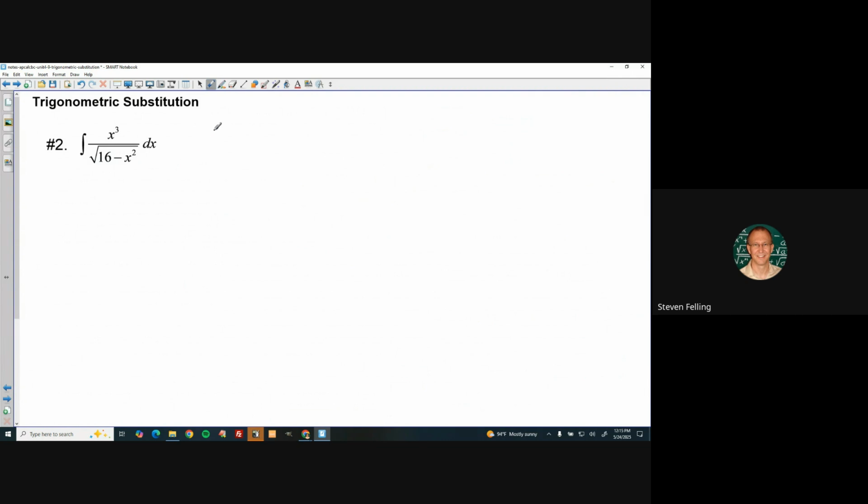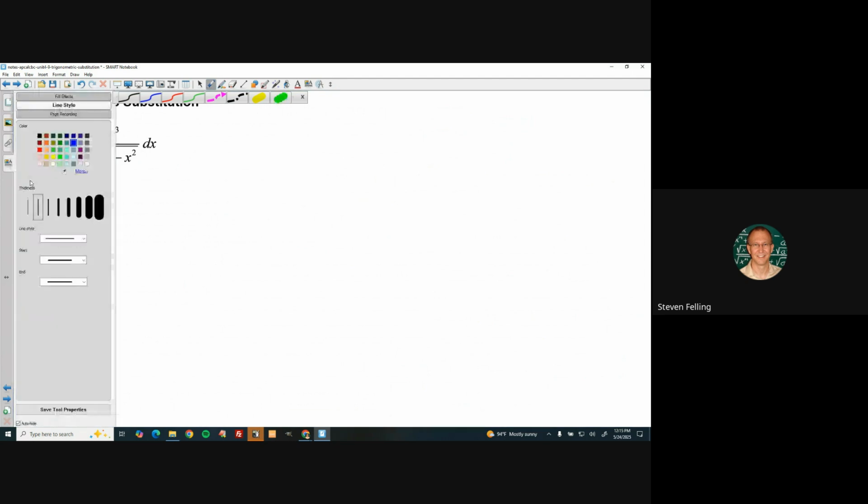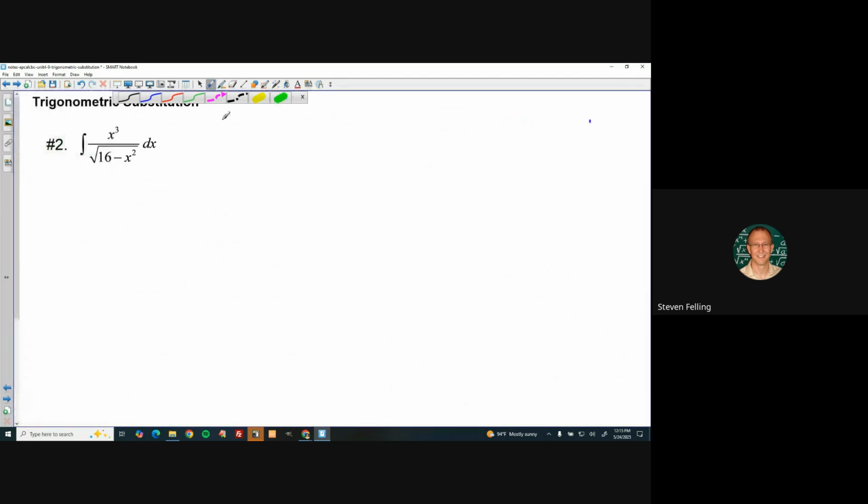I like to use the right-hand side, so we'll do that. Okay, so I'm going to make a triangle to match this radical situation. I've got a triangle. I'll put an angle theta. I'll put the square root here because there's a minus. I'll put it on a leg. I'm going to put it on this side over here. But that means this would have to be 4, so that 4 squared produces that, and this would have to be x. Let's just see. X squared, so this would be this side,